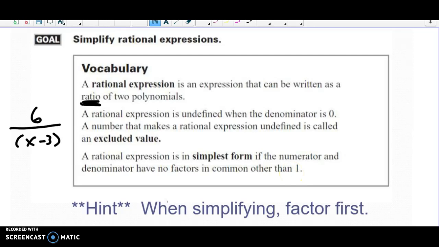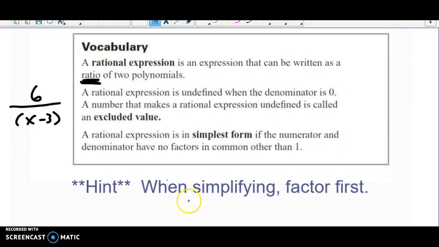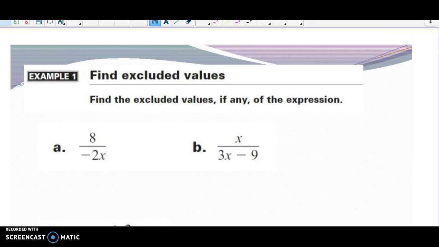So even though we're going to have addition and subtraction and exponents and variables going on, we still treat this just like a regular fraction, and it simplifies the same way. Let's keep in mind we're always going to factor first before simplifying, and we talked about that in class a bit today. So let's start by finding any excluded values